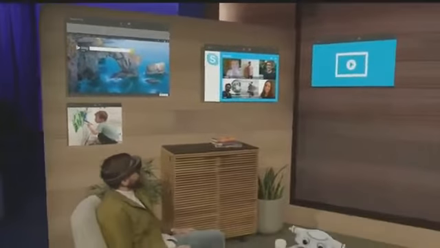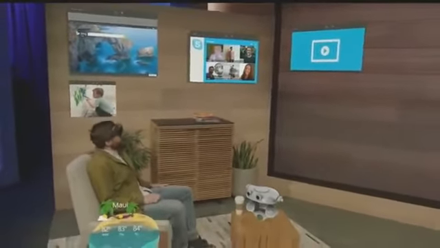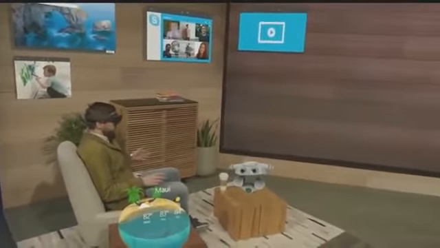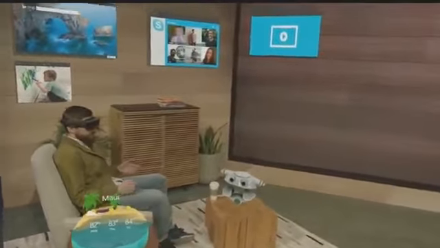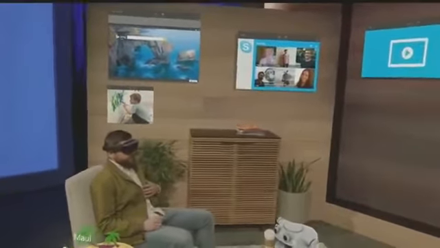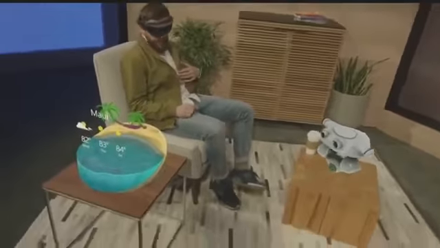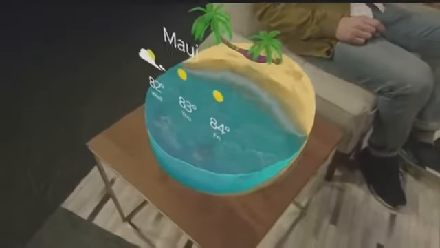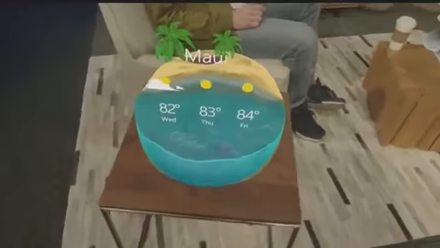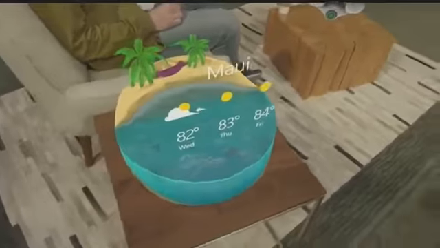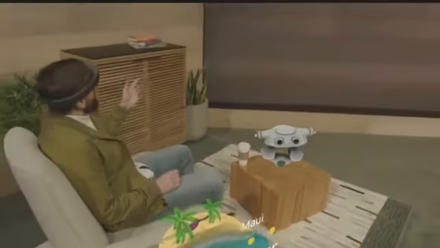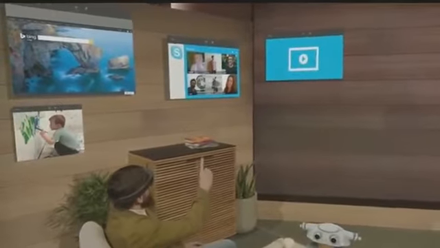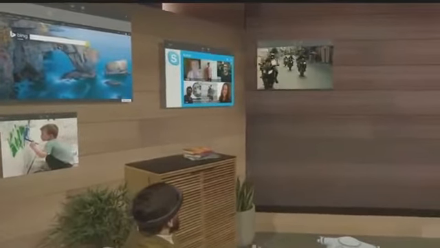We're all creatures of habit, and we do different things in different spaces in our homes. This stage, as an example, is modeled after Darren's apartment. Yeah, and this is where I'd hang out in my apartment and surround myself with the applications that I want to access or just check out. For example, I'm planning a trip to Hawaii in a couple weeks, so I placed this awesome weather app over here. So when I'm moving around, I can easily glance at it, reference it, and understand what the weather's going to be like when I get there. Hopefully still hot. Then if I look up here on the wall, to my left, I've got a video player. I simply reach out, air tap, and I'm right in the action.